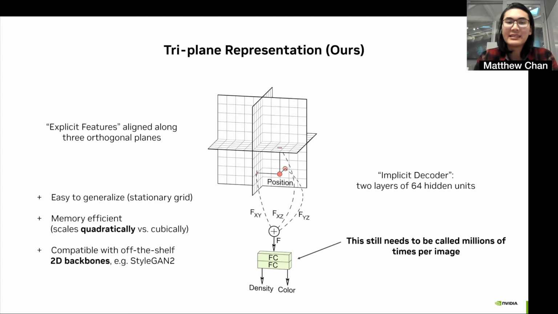This means that we can fit a lot more spatial resolution into the same number of parameters, and that's especially important when we're trying to push photorealism on a limited compute budget. Third, 2D planes are especially compatible with existing off-the-shelf 2D backbones. For instance, we can leverage existing and well-understood StyleGAN 2 architectures to generate these 2D feature planes.